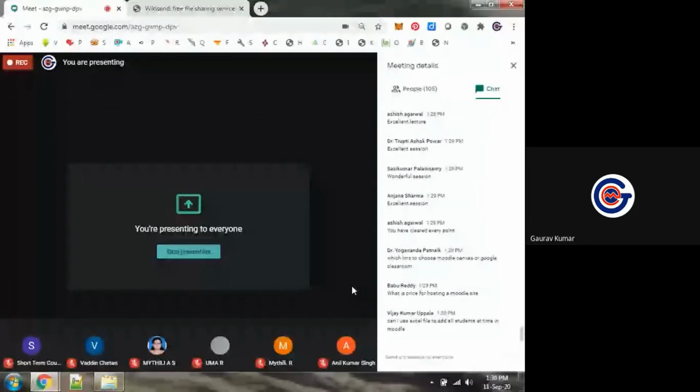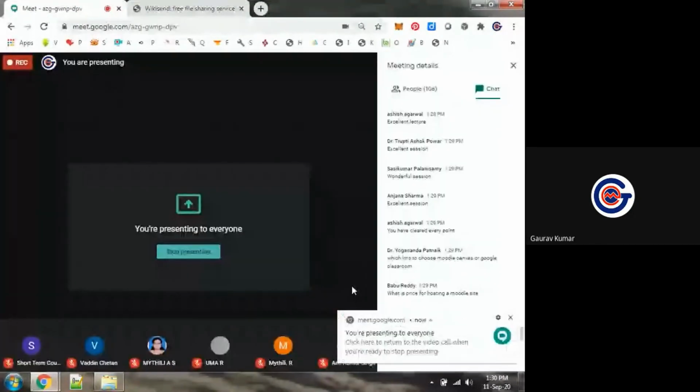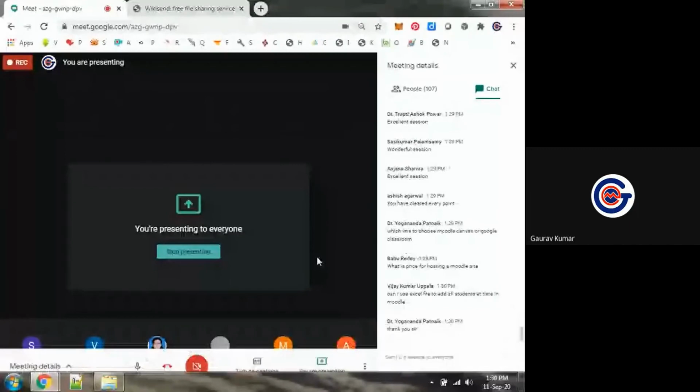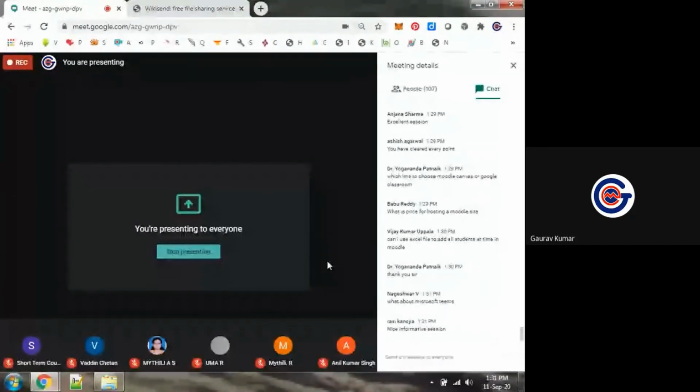Yes, definitely. You can upload an Excel sheet of all the students. In case of your own Moodle installation, there is an option to upload bulk users, a bulk list of students. So from the clerical staff or technical staff, you can take the list of students. Suppose there are 5,000 students, you can upload all 5,000 at once, rather than one by one.